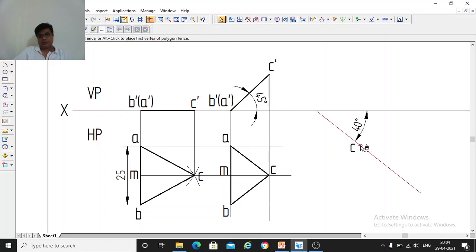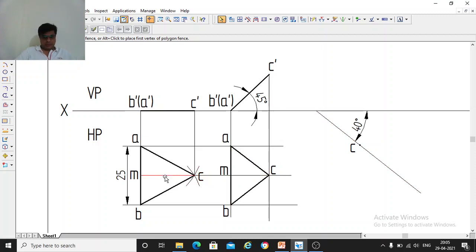So this is the point C, and this CM should be at 40 degrees. So you have to rotate this triangle. When you take the median, you should take the triangle also. That triangle should be rotated and placed on that 40 degree line, so that CM, this median, will be on this line. Since the length is reduced, we will follow the loci method.